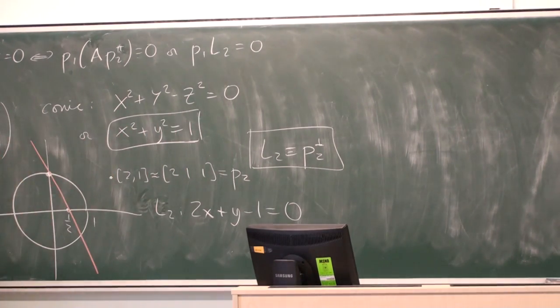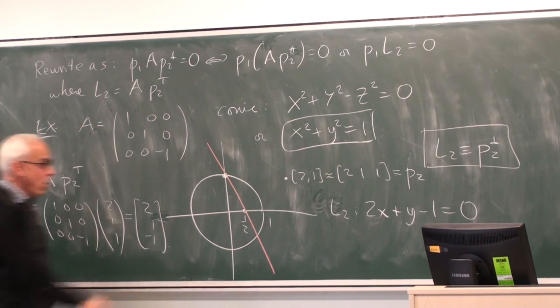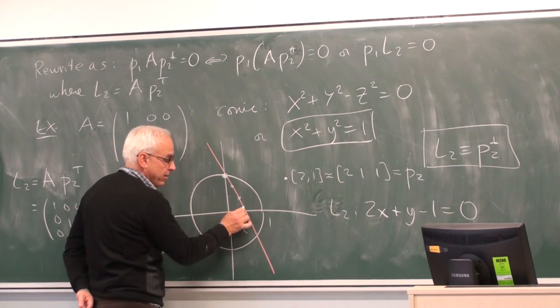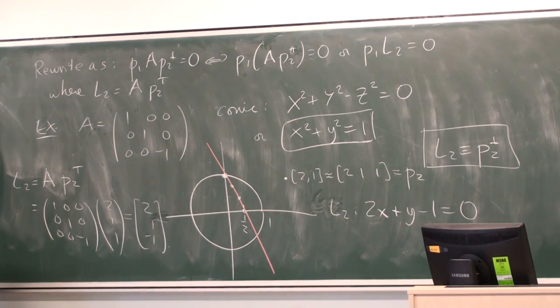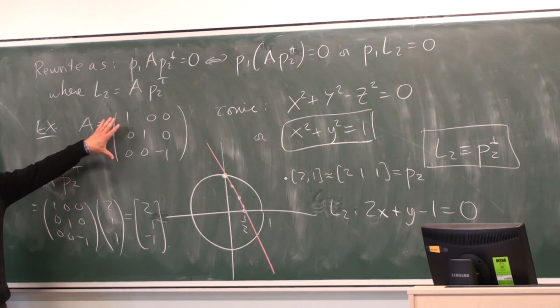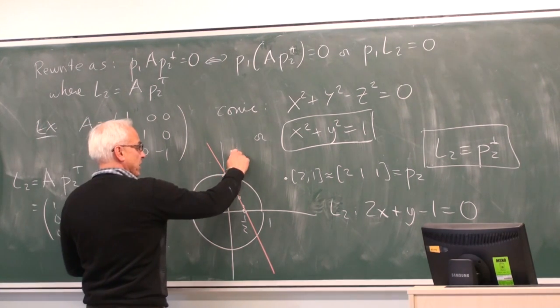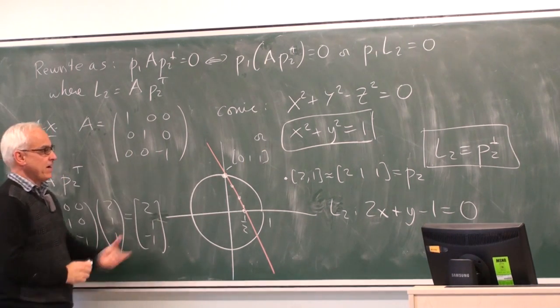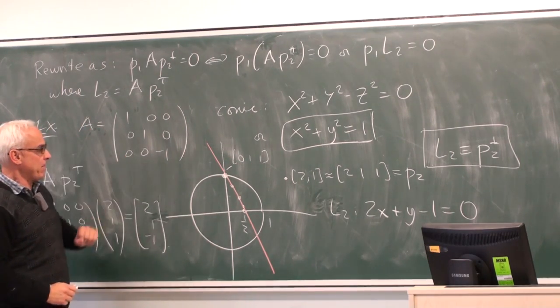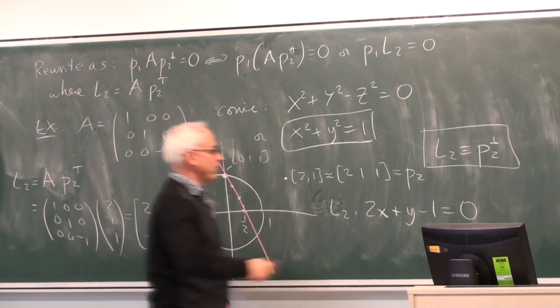All right, so what's the relationship between this point and this line? Well, according to this inner product, any point that lies on this line will be perpendicular to this point under the inner product given by this matrix. So we choose any point on this line, let's say this one here. This happens to be 0, 1, 1. And if I multiply 0, 1, 1 by this matrix, and then multiply by 2, 1, 1, I should get 0. Let's just check if that actually works.